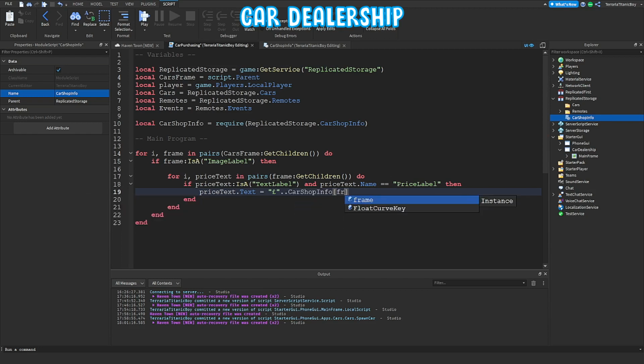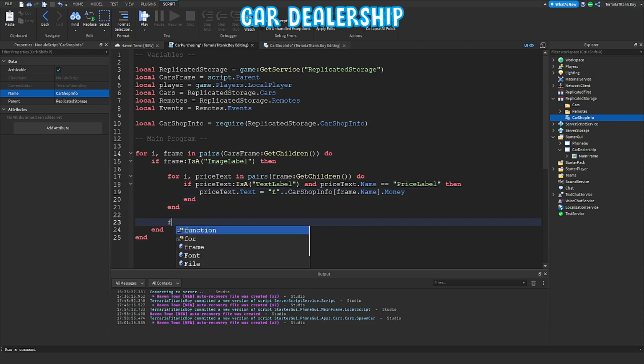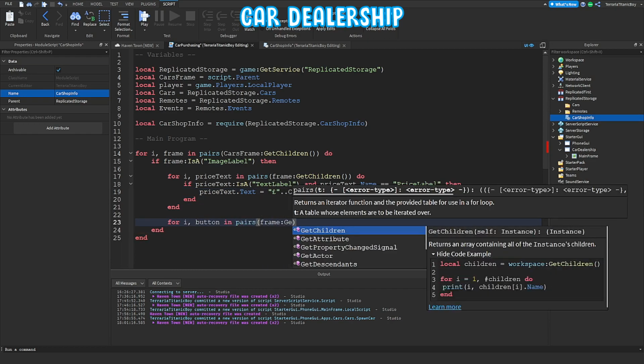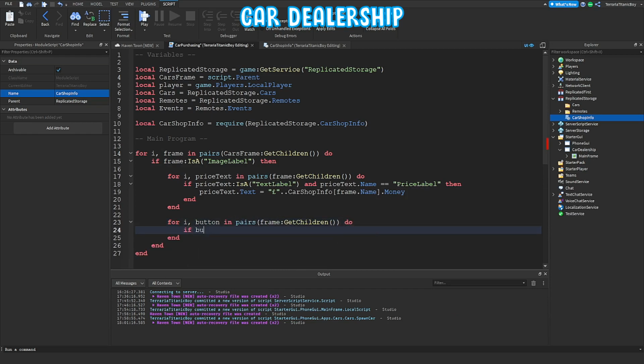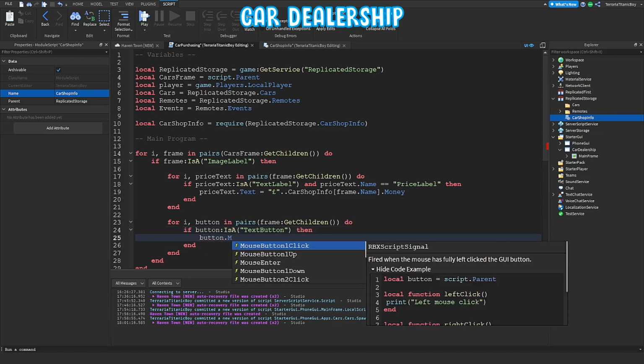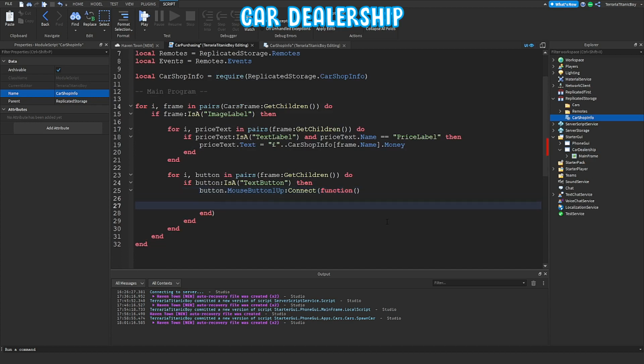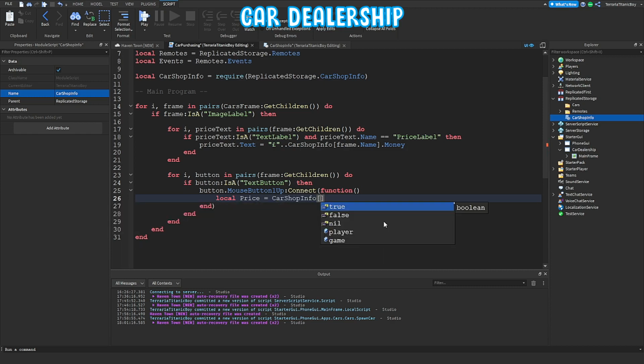Now here we're going to do frame dot name dot money, and then for i, button in pairs frame again, then if button is a text button, then button dot mouse button one up, connect to function, and then we're going to do local price equals car shop info frame dot name dot money,